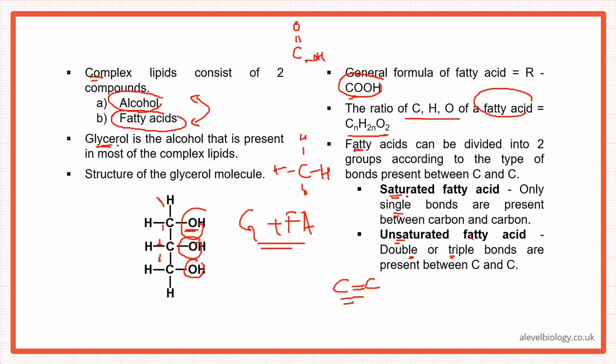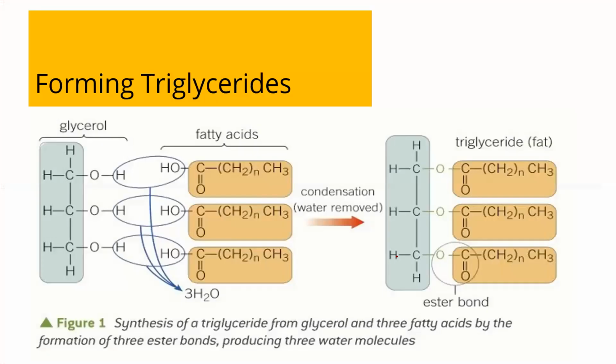In saturated fatty acids, the valency of carbon is all complete, so we have hydrogen atoms surrounding the carbon. In unsaturated fatty acids, the number of hydrogen atoms is less than in saturated. Now because the carbon's valency has to be completed, we can have double bonds there or triple bonds. This is the difference between saturated and unsaturated.